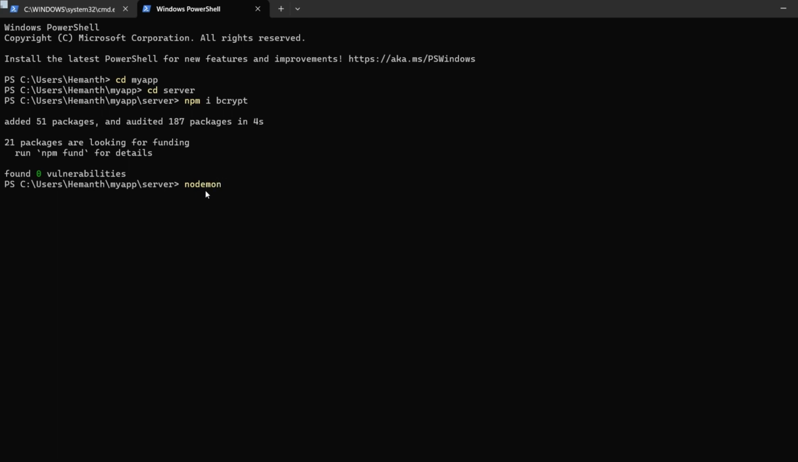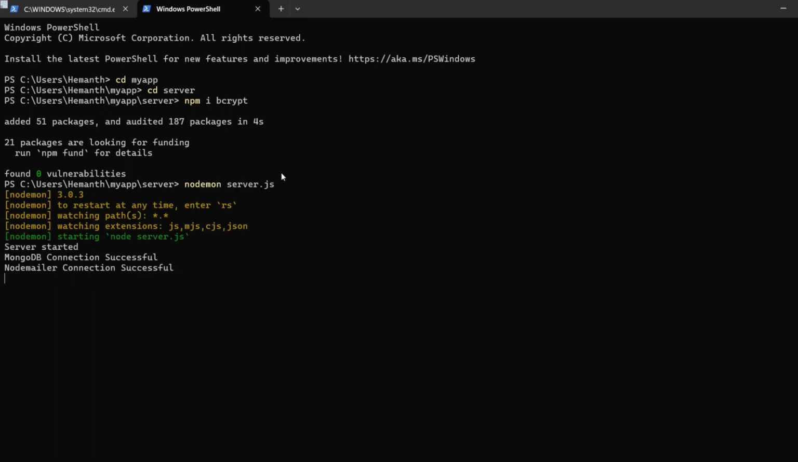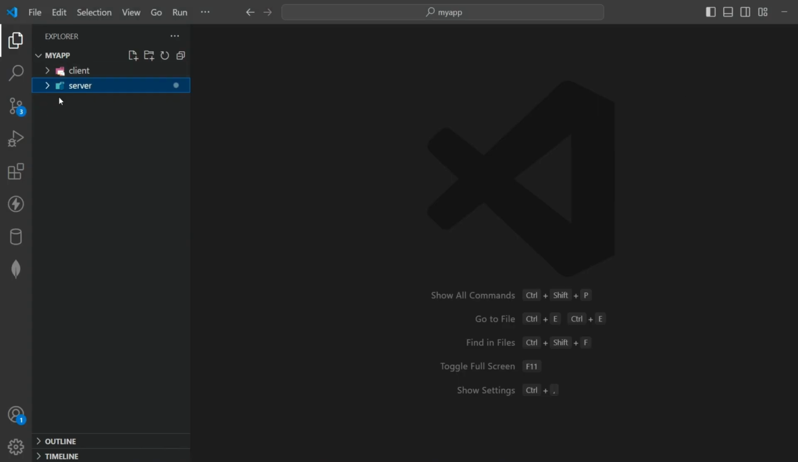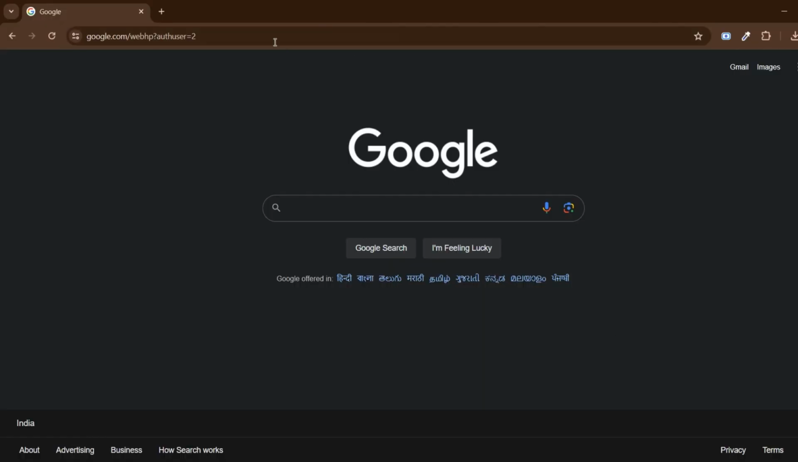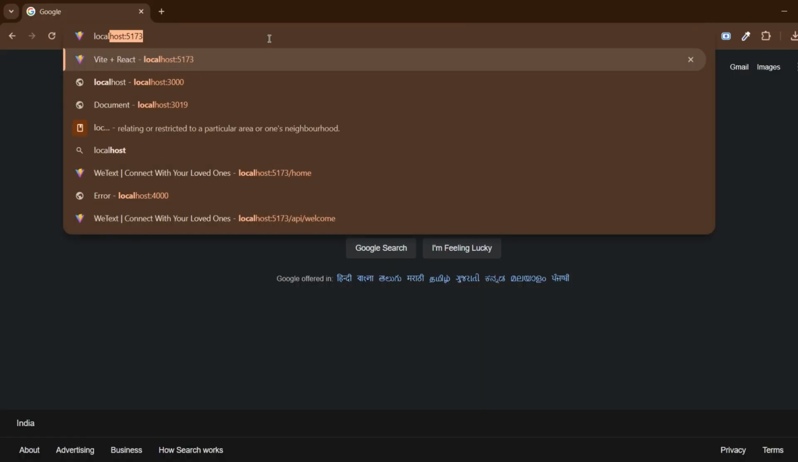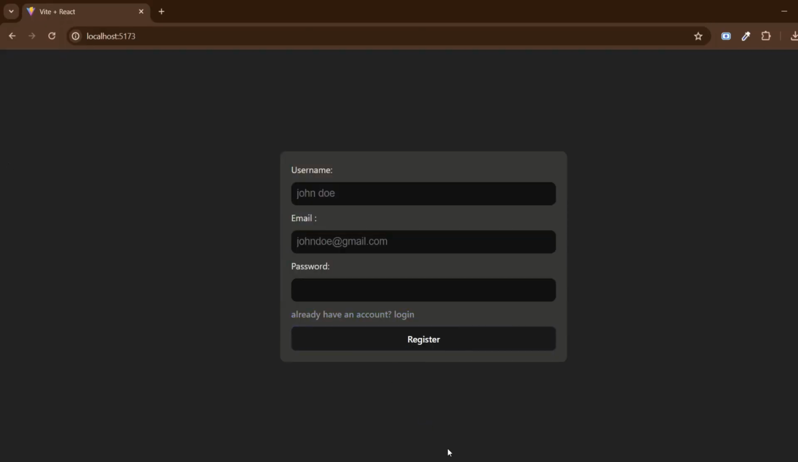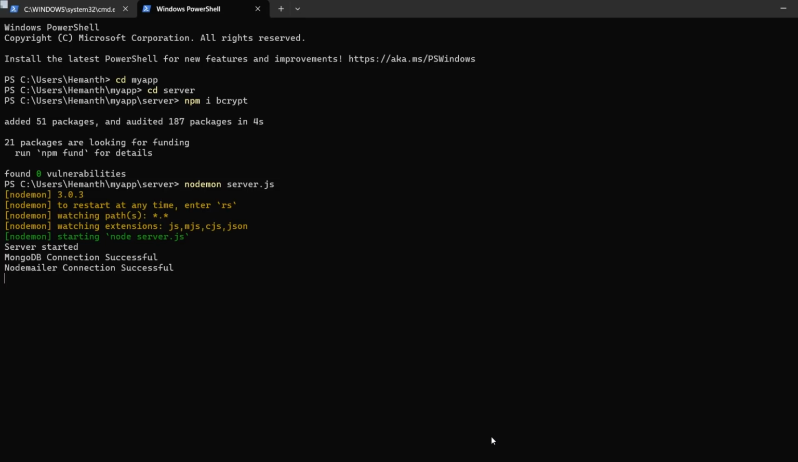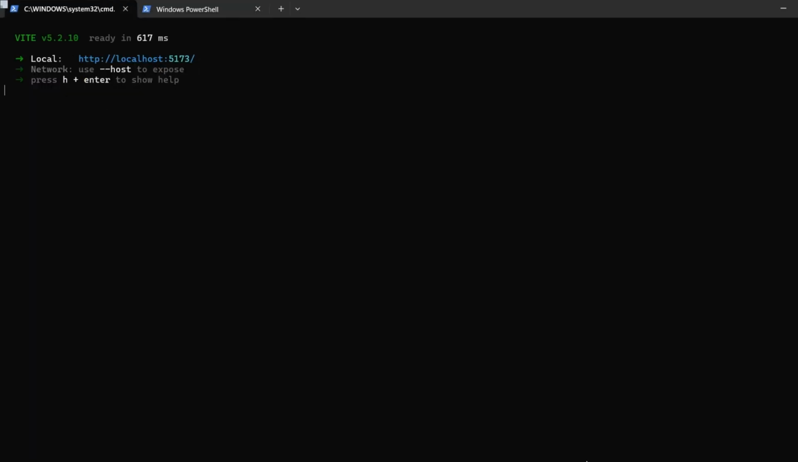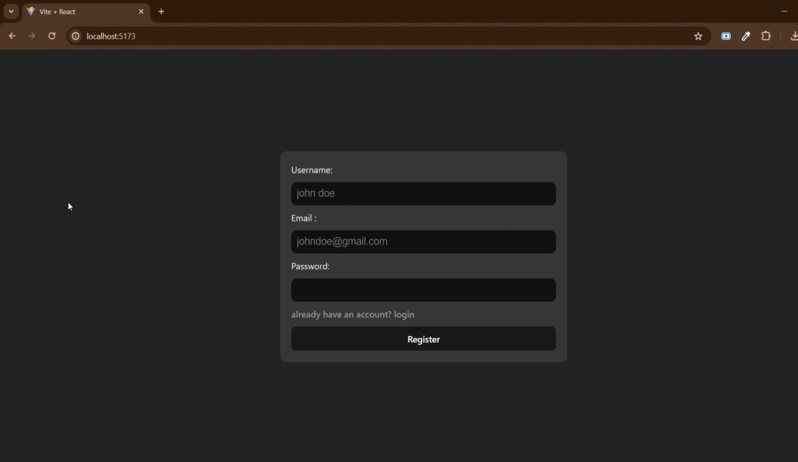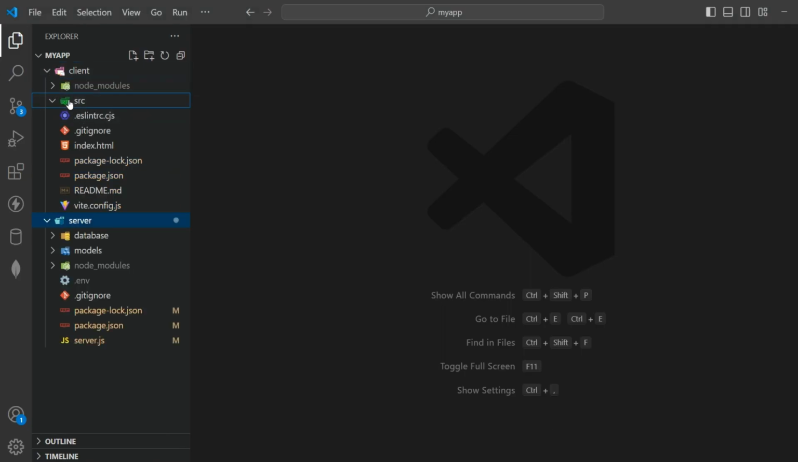Let's run our backend by using node server.js, because server.js is our root file, as you can see here. Now let's run our front end. Our front end is already running on port number 5173, so I'm just opening it in our browser. From this registration form, after the user enters the details and clicks on this register button, it will call